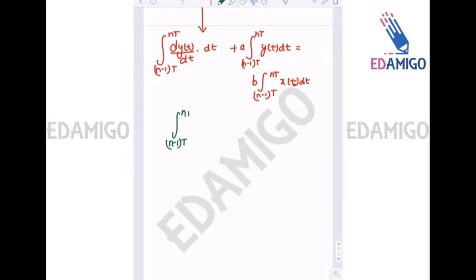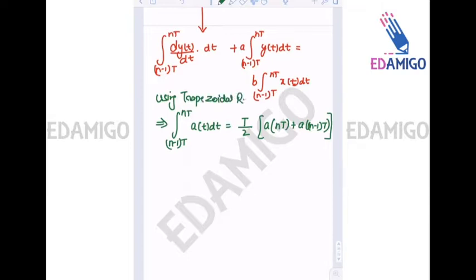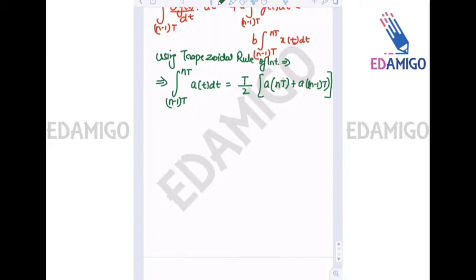a(t) dt from (n minus 1)T to nT is equal to T by 2 times the value of a at nT plus the value of a at (n minus 1)T. So using this trapezoidal rule of integration on the above equation, we will get from this equation